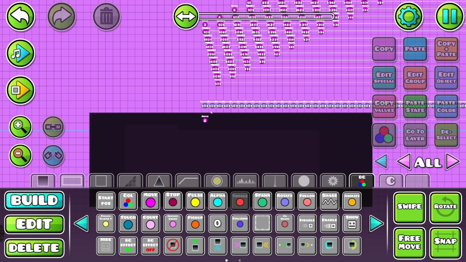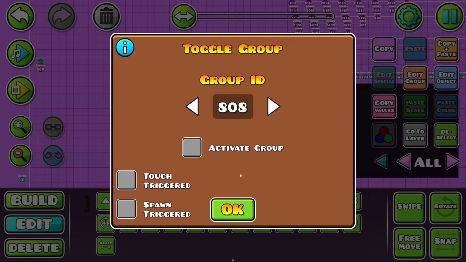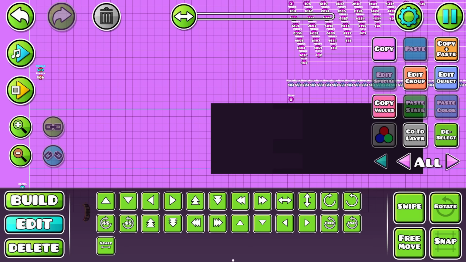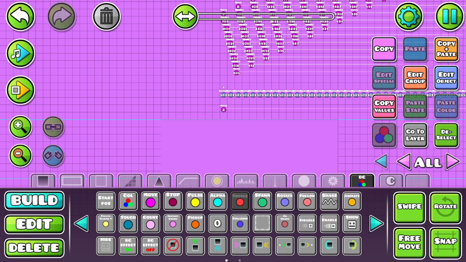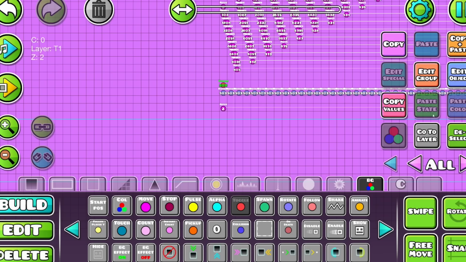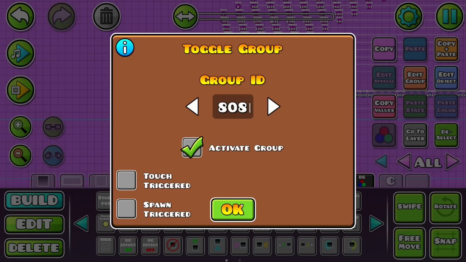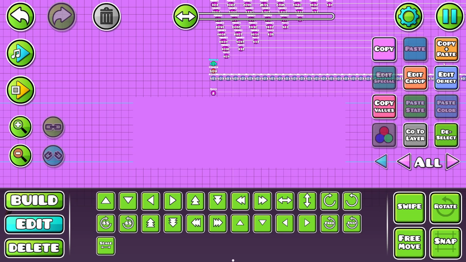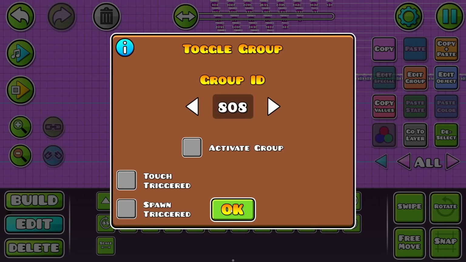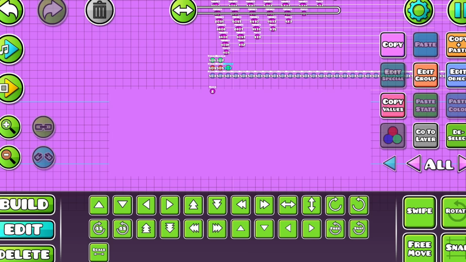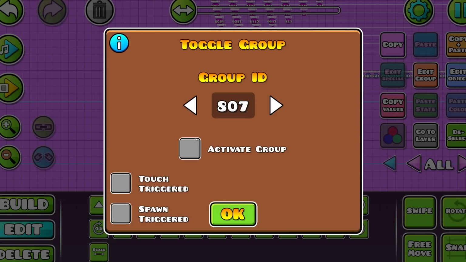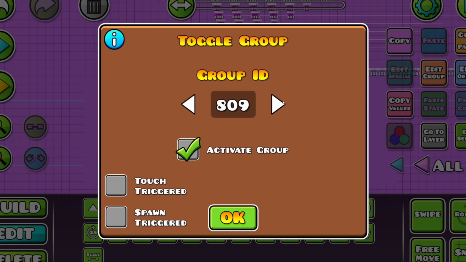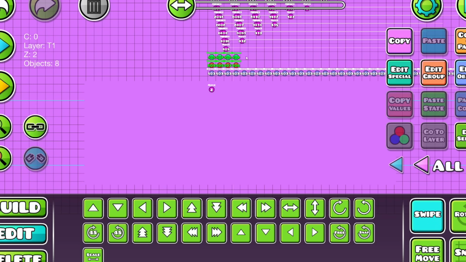And I could maybe make a little toggle loop, making sure 809, 808, and 807 are toggled initially. Making sure 806, 807, and 808 are toggled initially. Then we need to toggle 809 right here as it starts, and I need to toggle on 808, which is the next biggest. You see, there's a slight change right there. The editor is struggling to load it, but you see it. Then next, I need to toggle this 808 and toggle on 807. Then 807 needs to be toggled, and 806 needs to be activated. Then 806 gets toggled, and 809 gets activated. So we have a loop right here that can be repeated over and over again,